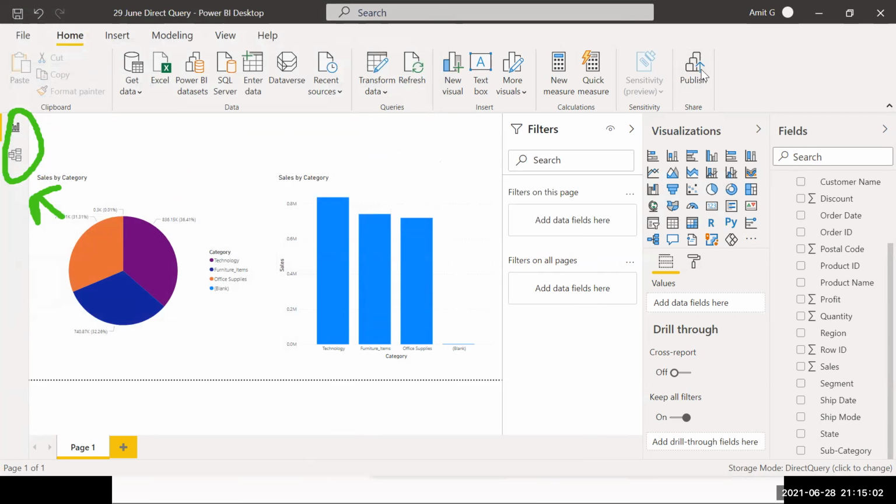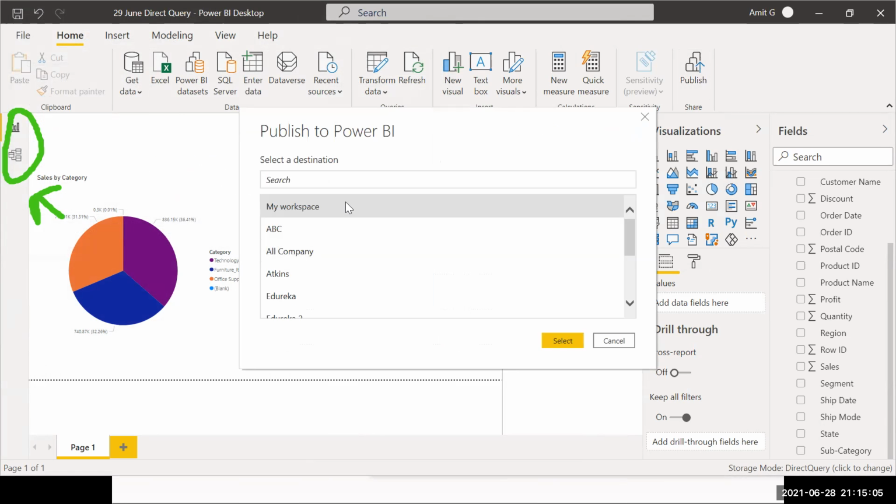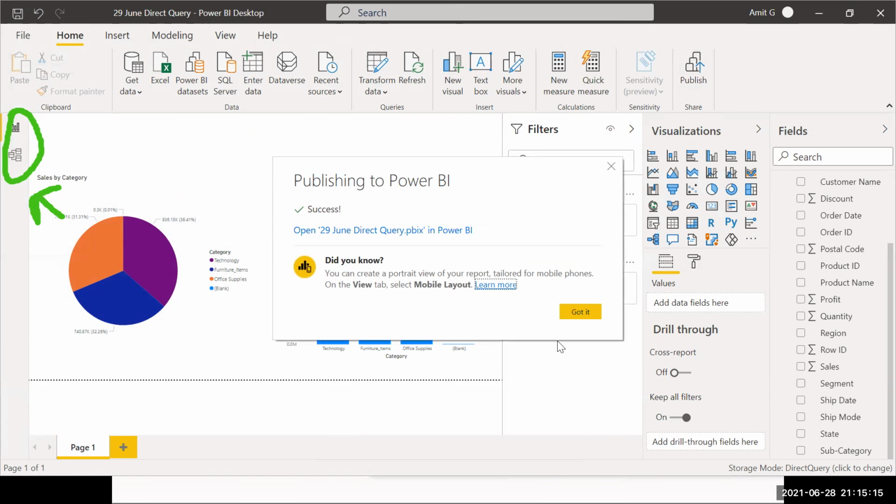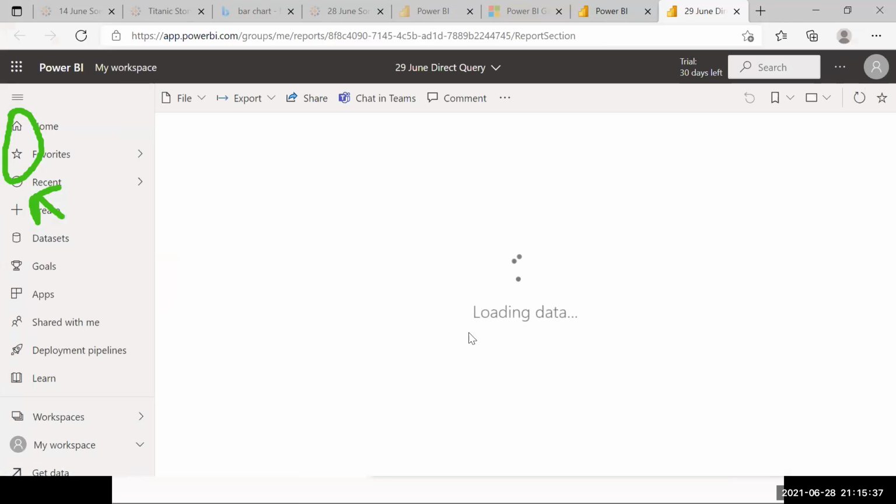So if you now publish this in my workspace, I'll just open this report now. Please take a look at this for 1 second.